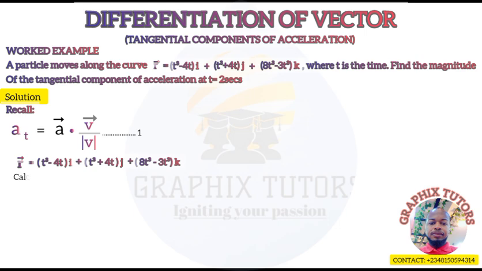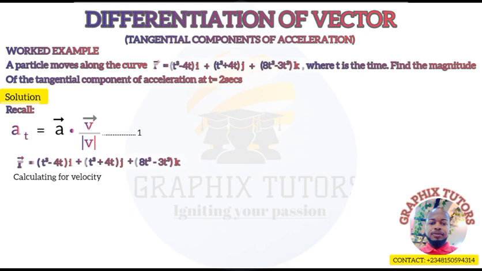Now calculating the velocity. My position vector r is equal to (t cubed minus 4t) i plus (t squared plus 4t) j plus (8t squared minus 3t cubed) k. This is my position vector. When we say position, that's the position vector. When it starts moving, we'll say it is a displacement. So you know what velocity is: velocity is the rate of change of displacement